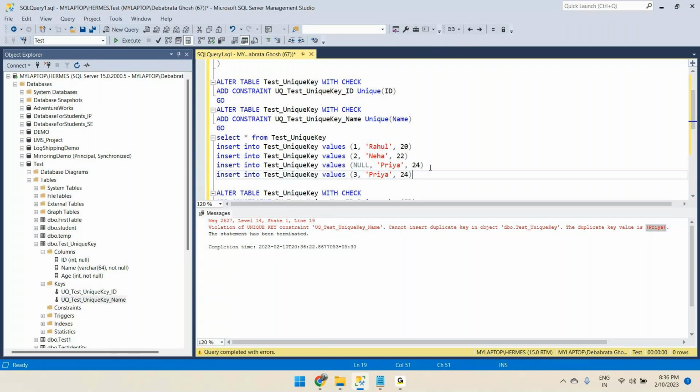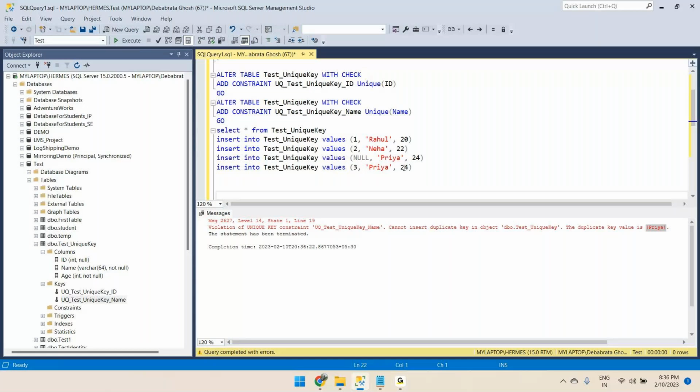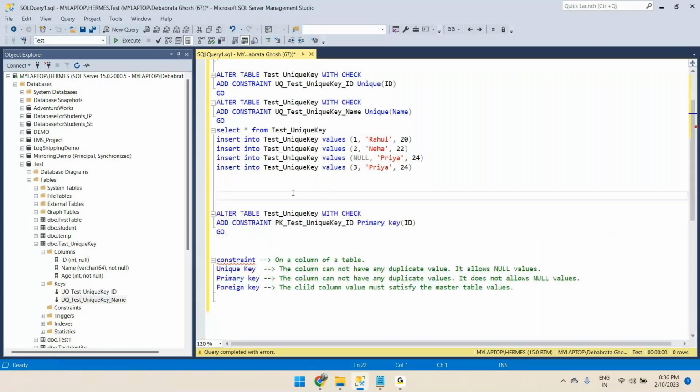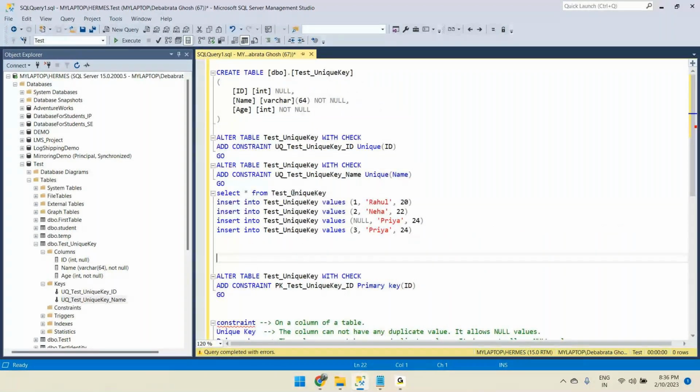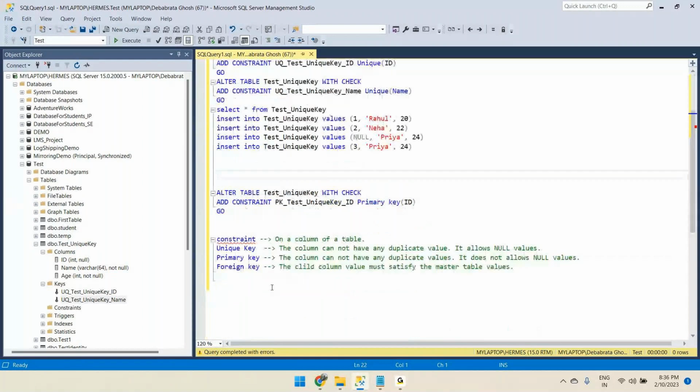Okay, any questions on unique key? So I guess you guys already know about primary key, right? So primary key we have created multiple times. So let's move on to foreign key. Yeah, primary key is unique and not null in nature. So foreign key is basically